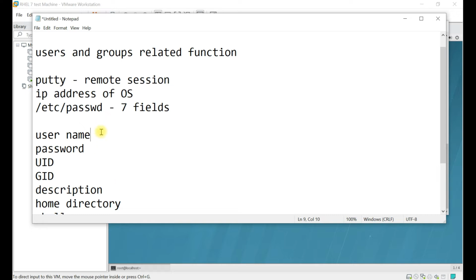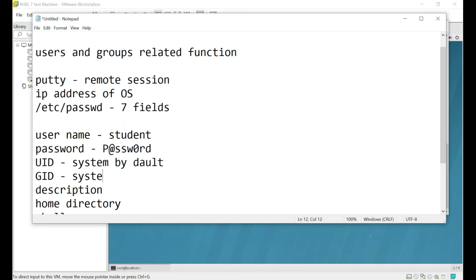So username is, let's say for example you are going to create user student, and you may set any of the password. It's of your choice. Next, UID the system will give by default. So I will show you when we do the lab how the ID will be given by the system.